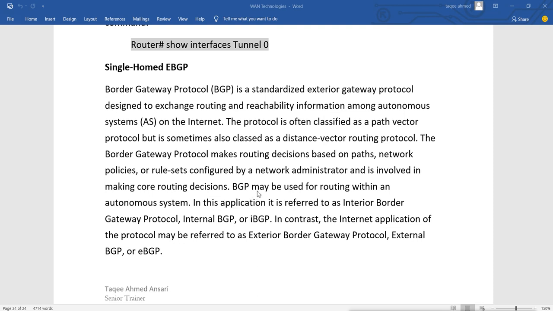BGP may be used for routing within an autonomous system, and in this application it is referred to as interior border gateway protocol, internal BGP or IBGP. In contrast, the external application of the protocol may be referred to as exterior border gateway protocol, external BGP or eBGP. So basically this BGP does what?